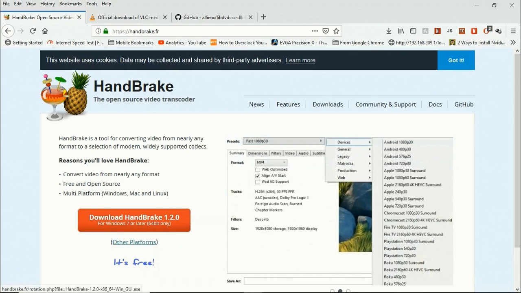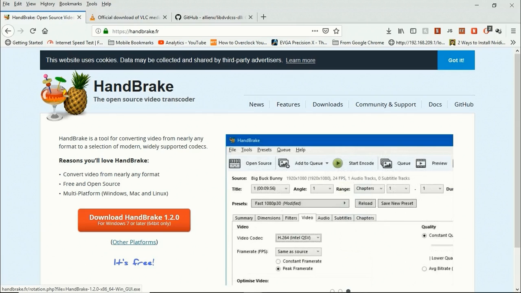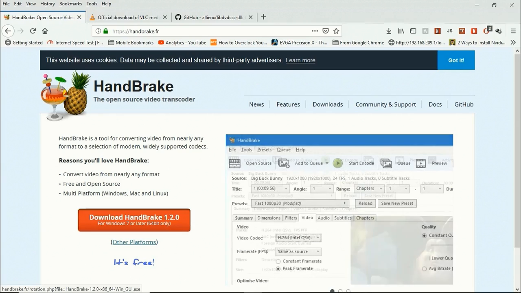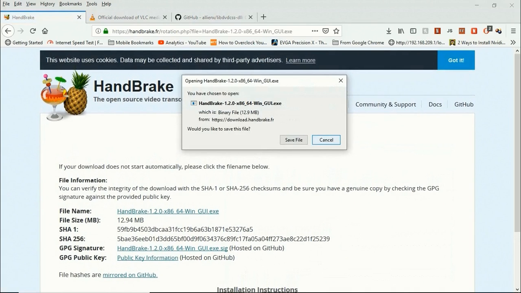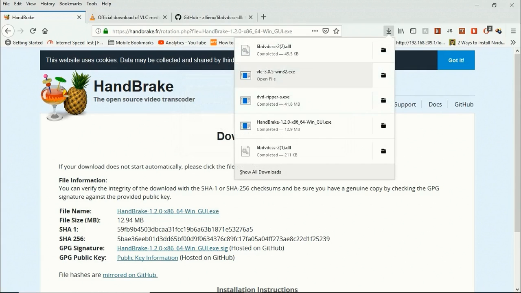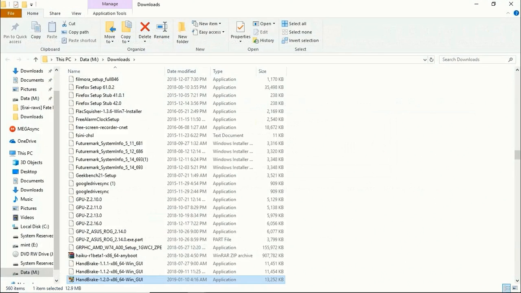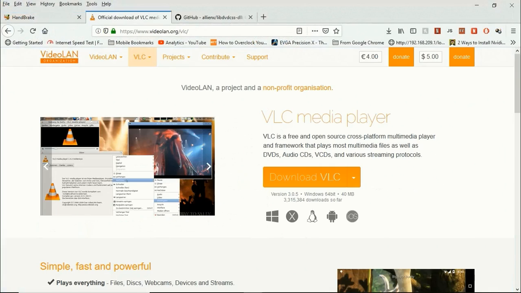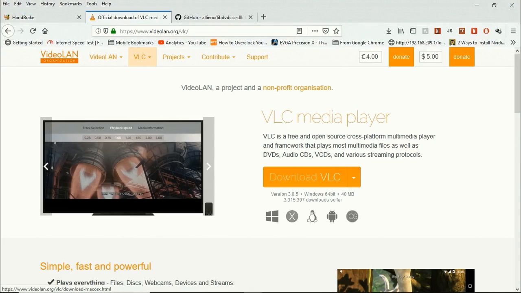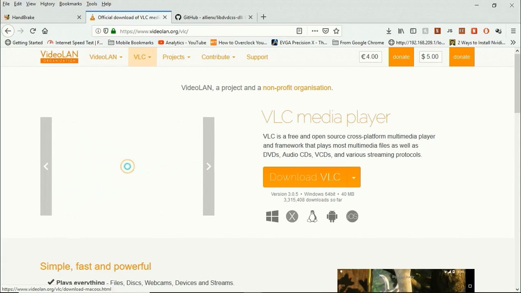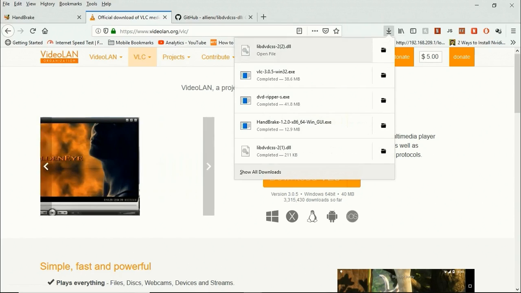Once you're at Handbrake, and there'll be a link below, you just want to click the download button. I already have it downloaded. Once it's downloaded, go to the folder where it's contained, double click it and then install it. Once we have that installed, do the same with VLC. Download VLC for whatever operating system you're using. This is all being done on Windows 10 64, so I would download the Windows 10 64 version,